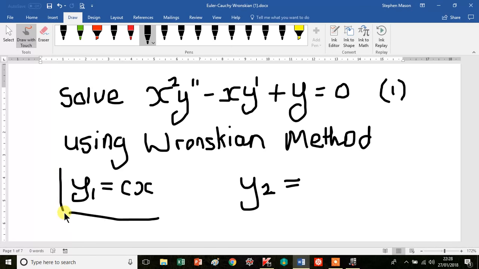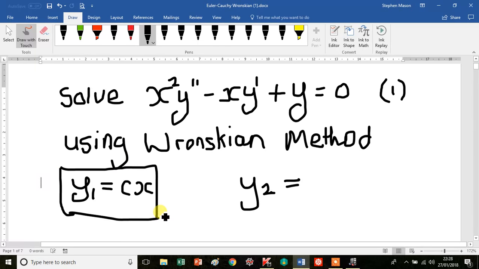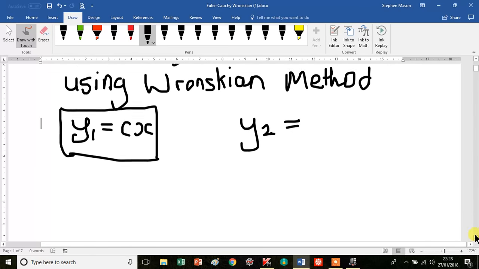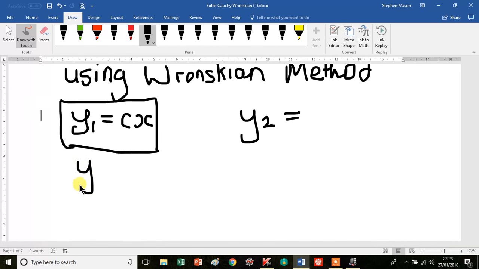So I've sort of given you this solution here, y1 equals cx. By the way, you can just write this as y equals cx,